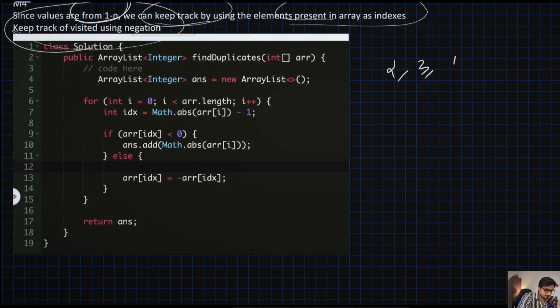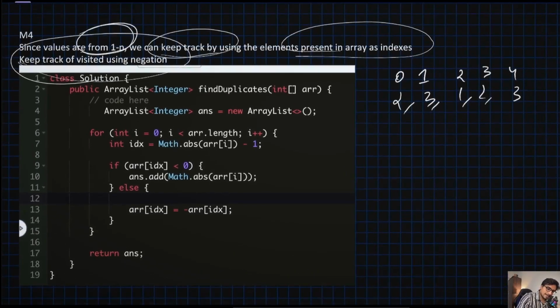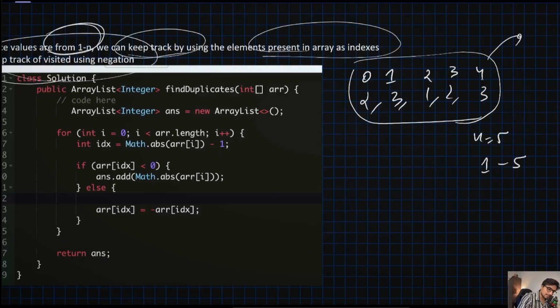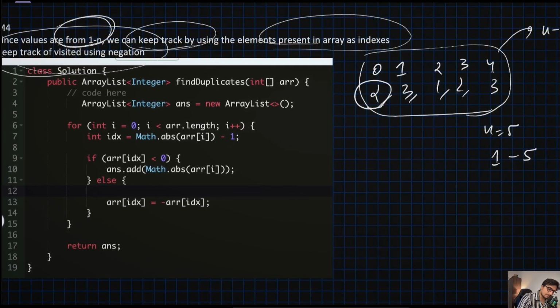So 2, 3, 1, 2 and 3, right? So the indexes are 0, 1, 2, 3 and 4. That's correct. Okay, now n is nothing but 5, right? And your values range from 1 to n, that is 1 to 5, right? But if you see in this 5 element array, what is the maximum index you will get? It is 4, which is nothing but n minus 1, right? And that is the reason for each and every element we will track the indexes using the given number minus